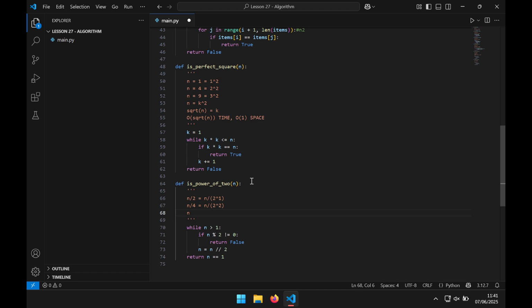Then n divided by 8 is equal to n divided by 2 raised to the power of 3. And so on. Again, the pattern is n divided by 2 raised to the power of k,